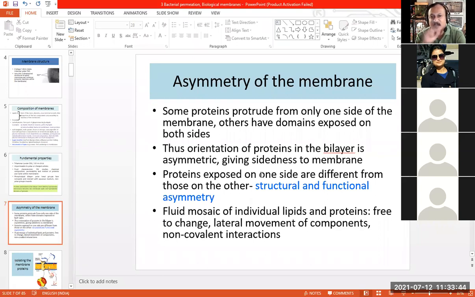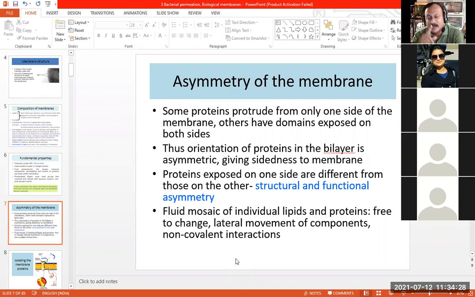That is to say that the two sides of the membrane, the inside of the membrane and the outside of the membrane, have different proteins altogether. Proteins which are present on the outside of the membrane are not essentially present on the inside of the membrane. Not only that, but if you're talking about a particular protein, the part which is facing the outside and the part which is facing the cytoplasm are different from each other. They cannot be exactly the same domains. I hope you know the word domain or subunit. So those subunits which are on the inside are not on the outside, and the domains on the outside are not on the inside.